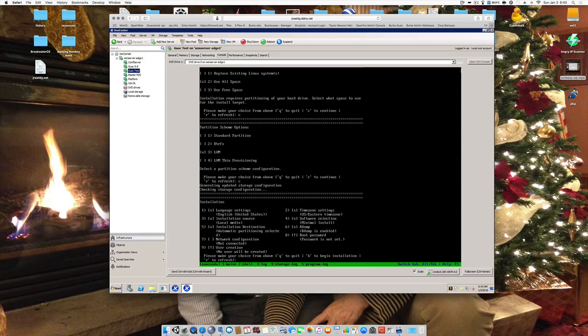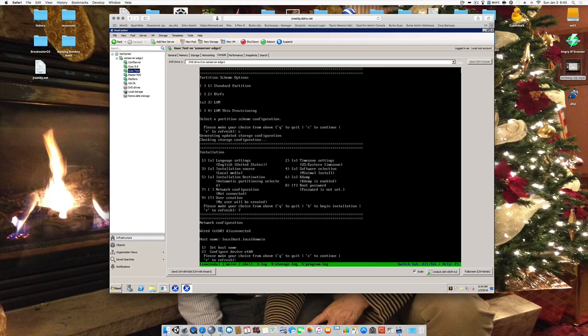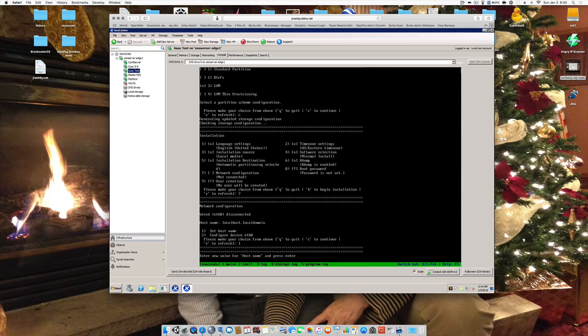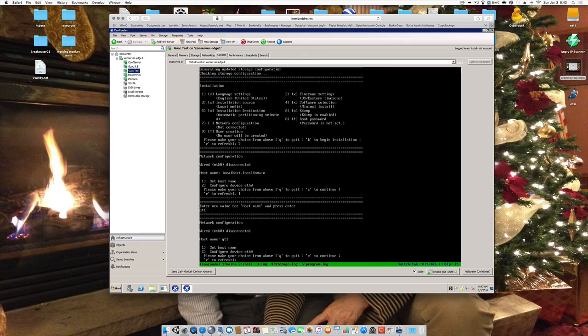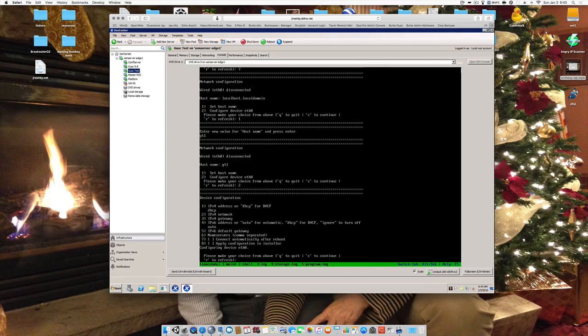Configures the storage. So now we've got all of that done. We've got to do 7, 8. Okay, so we'll go to 7. And I'm going to set my host name. And I'm going to configure the network. And for this, I'm going to just use DHCP, but